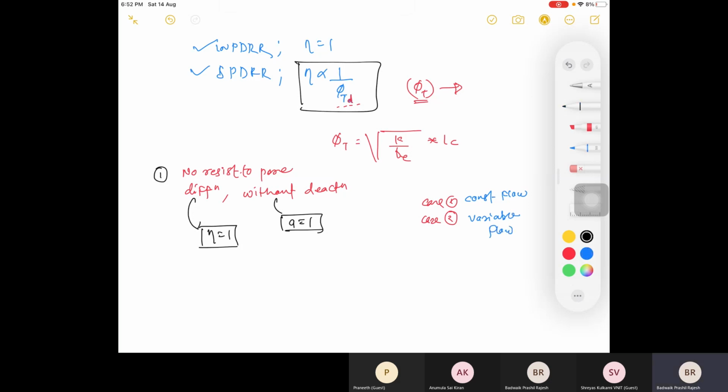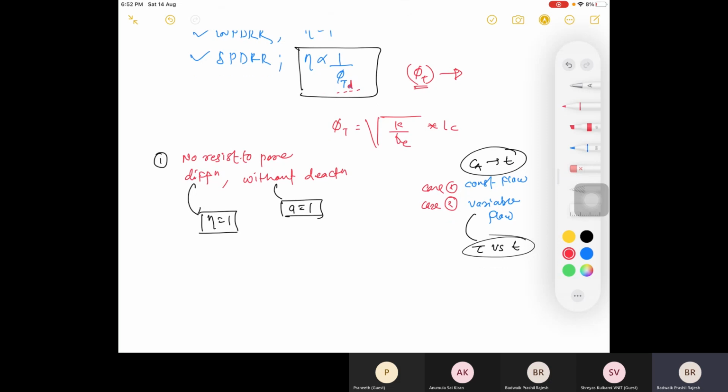The difference is here it is the Ca versus time curve and here it is tau versus t. So from now onwards I'll just write down the equation. You just convert that into Ca versus t and tau versus t, and based on that you can have two cases for each. So if this is carried out in plug flow,